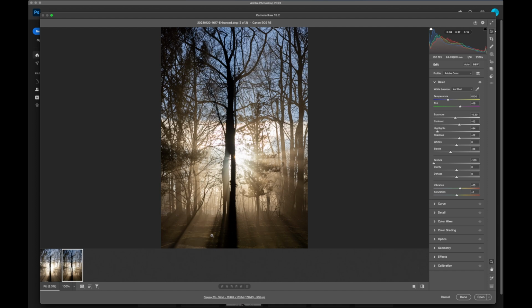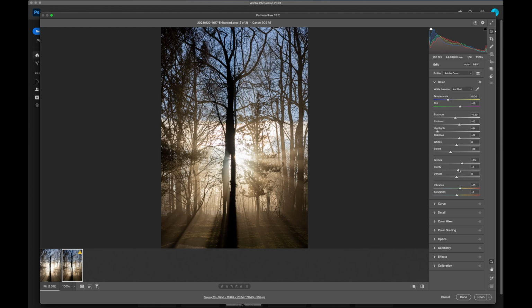So we actually want to bring the texture up a little bit, just so we can bring out the feel of this little wooded area, the ground in this wooded area. If I remember correctly, it was kind of mossy and everything in here, so it's really good for some nice texture. I don't usually mess with clarity too much because you end up with some over sharpening that happens with clarity. It does take out some of your haze and blurriness within your photo, but I don't really want to do too much with that.